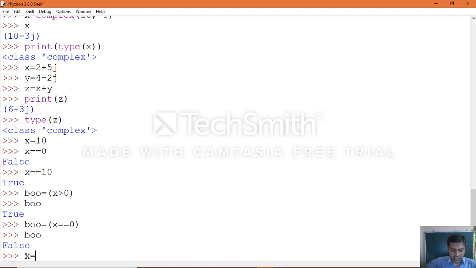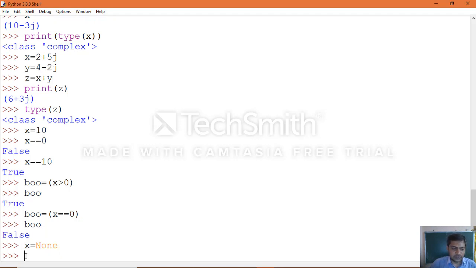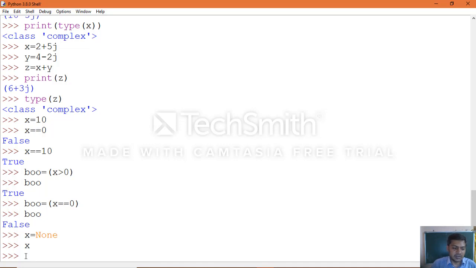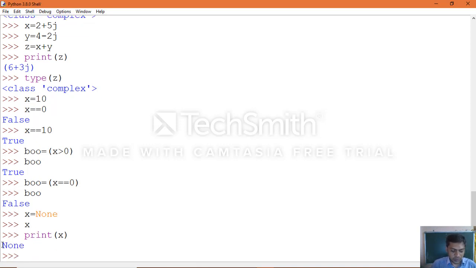Then we can assign x equal to none. This is a keyword, which you need to define in the same manner. When you execute this, it will not display any value; clearly you can see it does not show any output. When you use print of the variable, it will show the same value which we assigned to the variable as output. The output none can be only none, which is not equivalent to 0, not equivalent to false, and not equivalent to an empty string. None means nothing, it cannot hold a value.